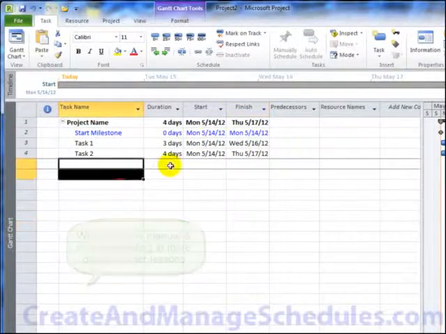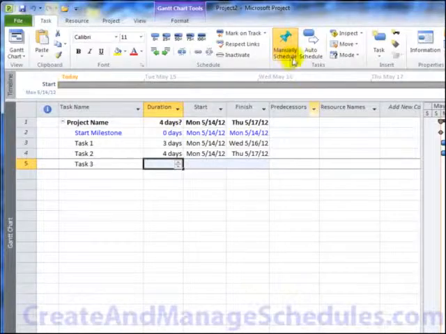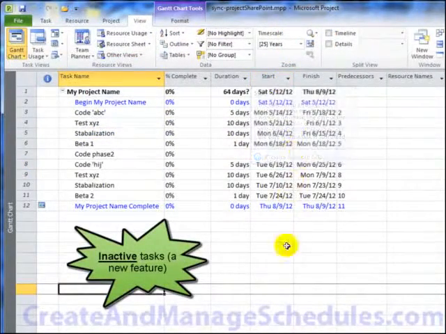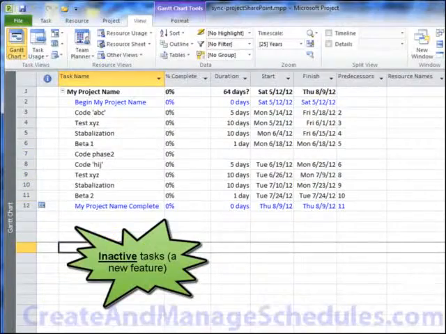And as I go forward and type in my task, again, it's set to default for manual schedule. Okay, let me select this schedule because it has coding and then beta 1 and then some more coding and then beta 2. Now let's say you're planning your project and you have some active tasks, but then you decide,